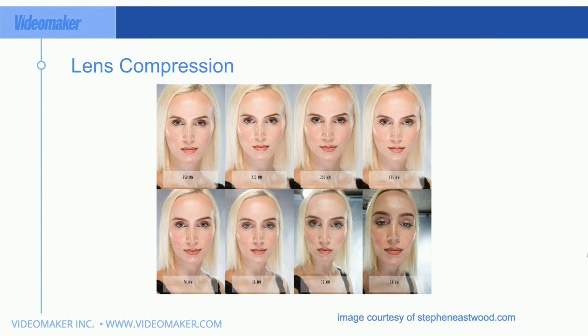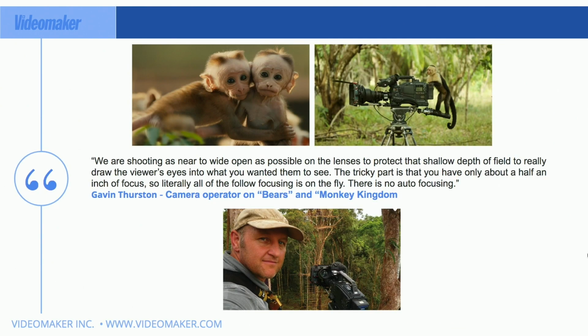Yes. No matter if you're shooting stills or video, regardless if it's motion pictures or still pictures, the science is the same. The difference you're going to be dealing with is only format-based, not tool-based, which is not camera or anything else. So here's some good quotes from Gavin Thurston, who was a camera operator on Monkey Kingdom and Bears. We were shooting as near wide open, which means a low F number on their cameras as possible on the lenses to protect that shallow depth of field to really draw the viewer's eyes into what they wanted